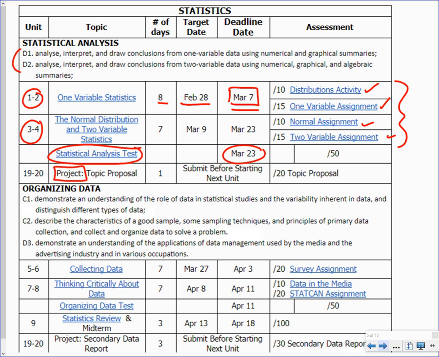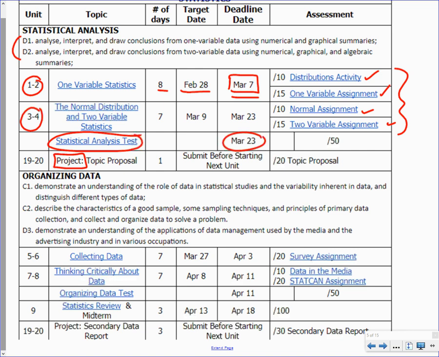Basically, you'll complete the first stage at the end of the first 4 units, submit it, and then you'll have to submit it before you can move on to the next section on organizing data. And this just proceeds throughout the rest of the course. Okay, so you can see this is the statistics half of the course,